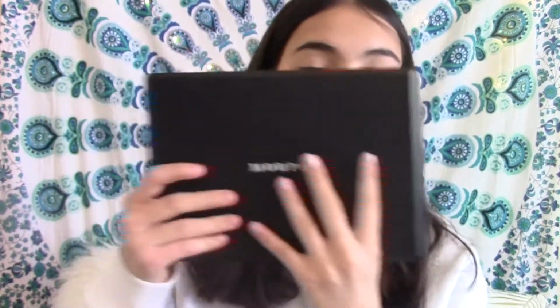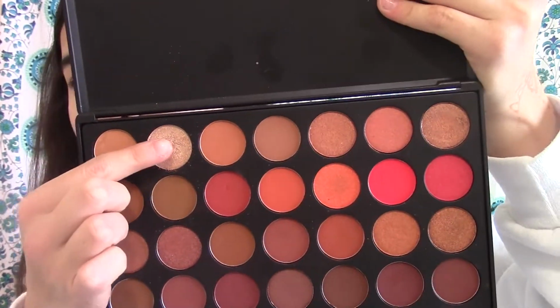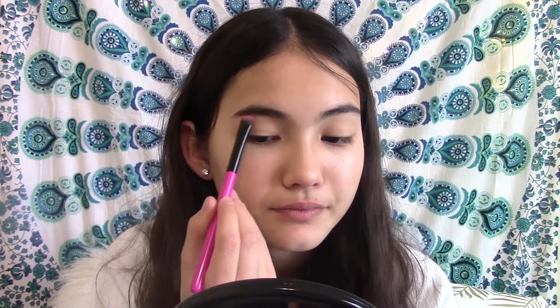Okay, so I'm going to take the Morphe 3502 Second Nature Eyeshadow Palette. I'm going to open this and we're going to start by highlighting my brow bone with the shade Pure. It's not that blinding, but it's okay for now. So next, I'm going to take